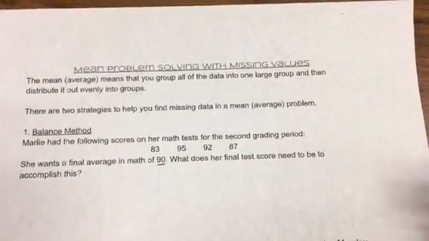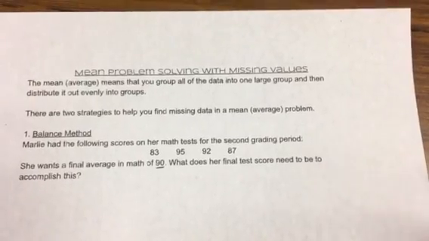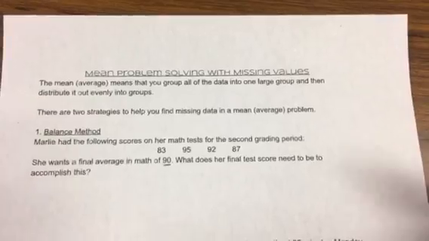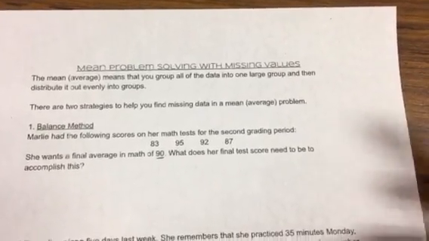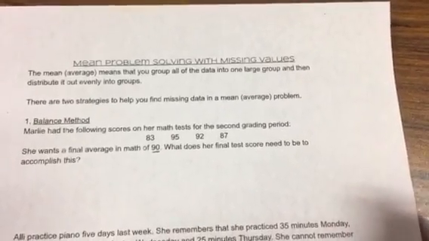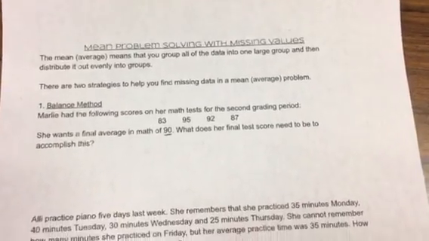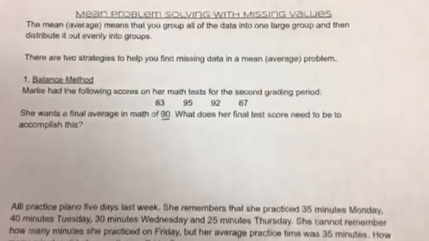Now some students might just start trial and error. They might just try to guess a test score. Like they might say, oh, I think she has to make an 80, and they would try to determine her average. And that's doable, but that's also going to take you a long amount of time. So an easier way to do this is to use what we call the balance method. So to do this,